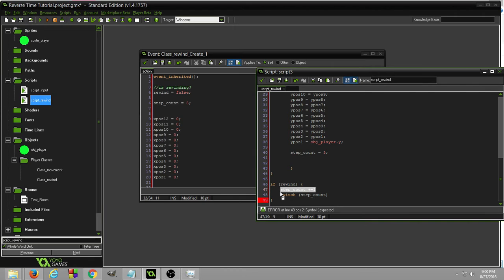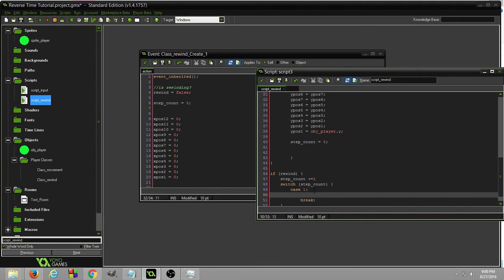And actually we're going to do it after, because I think we want to use 0, right? Or no, we start at 1. So no, it's fine there. Just talking to myself. So we have the step count, and with each one we're creating a case and a break, and inside the case, so if it's 1, we want to do